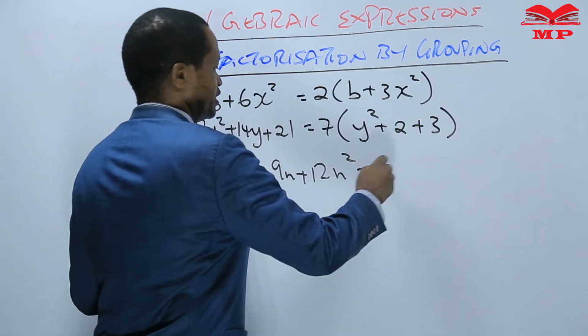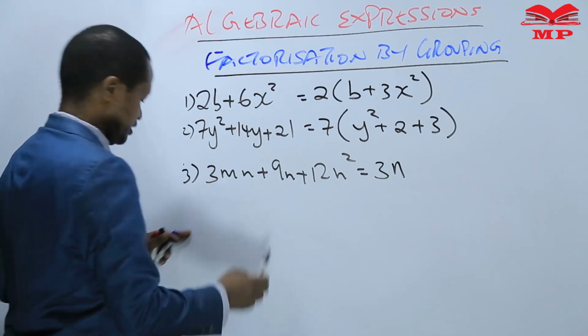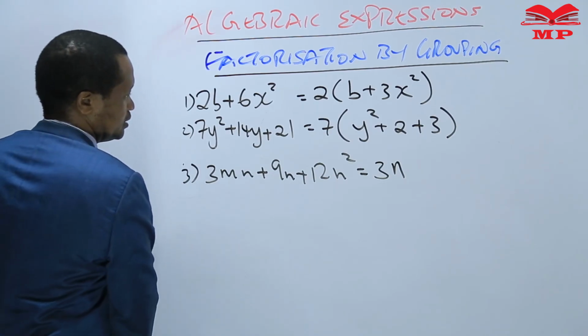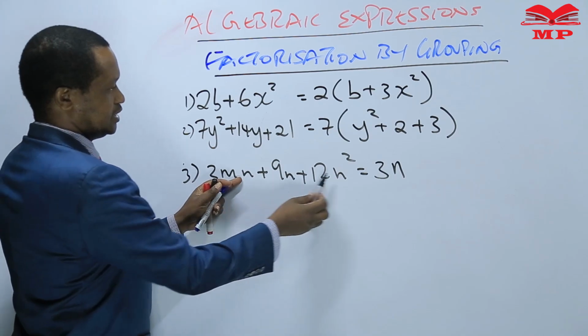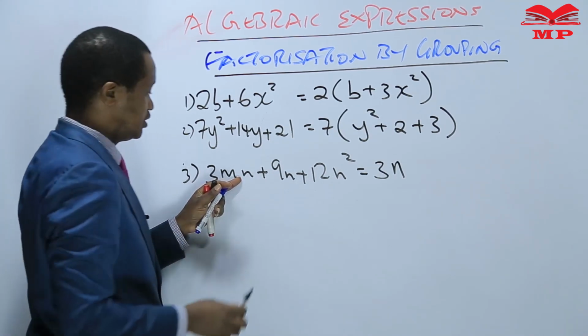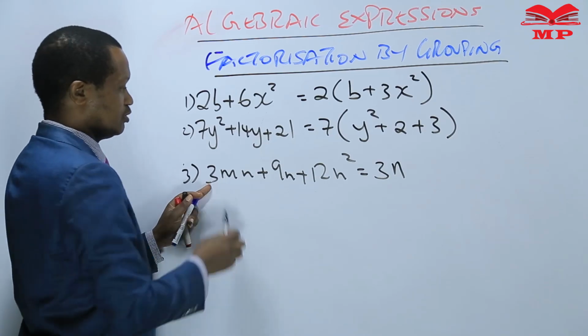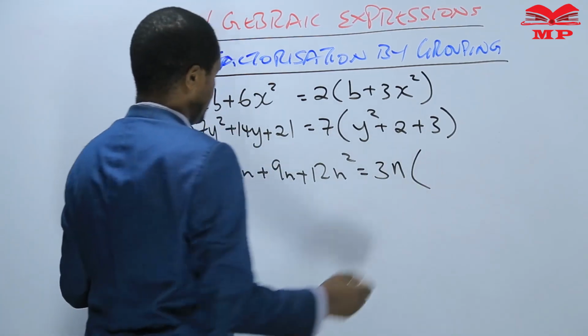So we'll take 3n. Within the 3 terms, n is common, 3 is common. So the answer will be